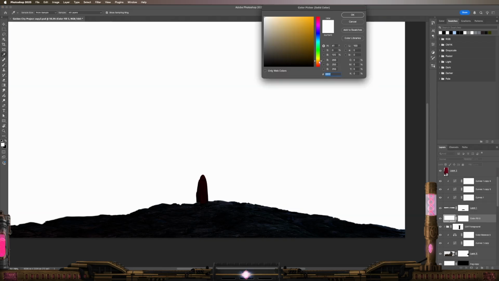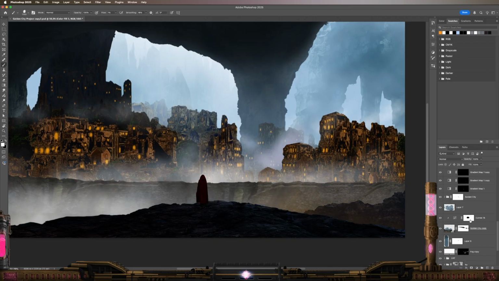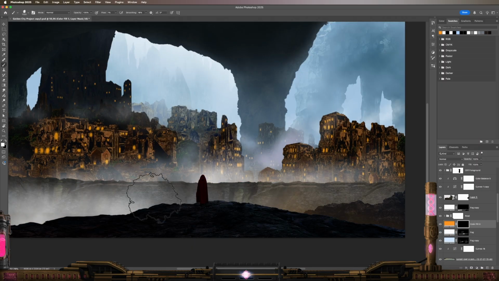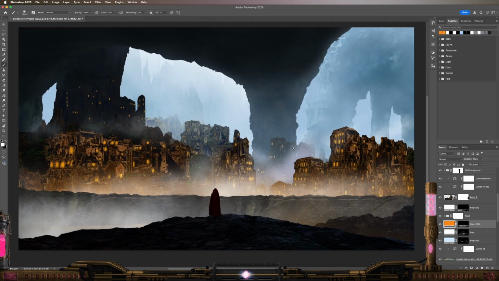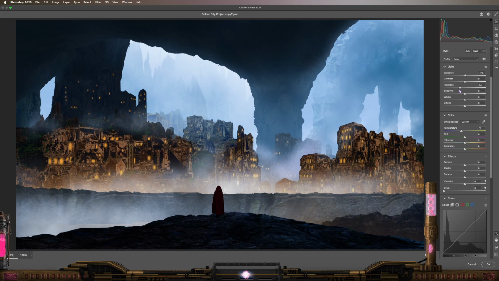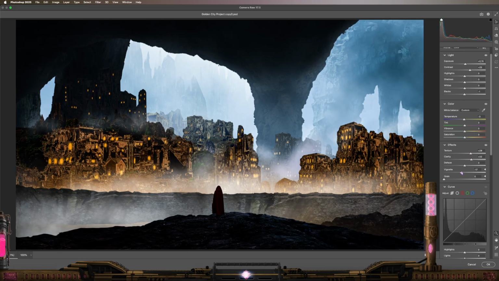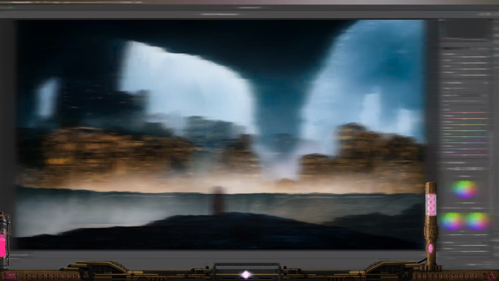I added some glow around the rocks to give the image a bit more contrast. And I did the same with the city, with a solid fill color blending mode on screen. After that, I just played around with the camera raw filter settings. And in the end,